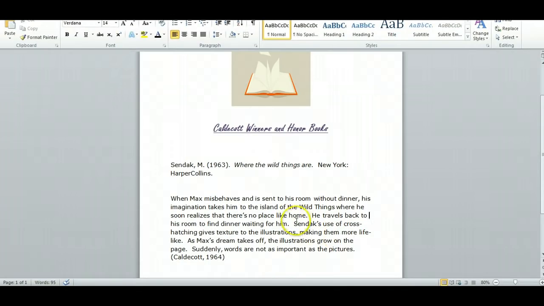If you'll notice, fully half of the annotation, the second half, is the response to the book or the critical commentary of the book. Because these are Caldecott winner and or honor books, I've asked that your response include some kind of reference to the artwork. These are books that are recognized as being the most distinguished contribution to illustration in children's books. So it's really important that we be able to have some information about illustration here. So you see I have made a couple of comments here about the illustrations themselves, and then finally, according to